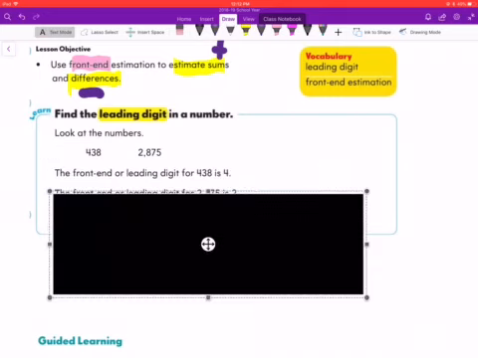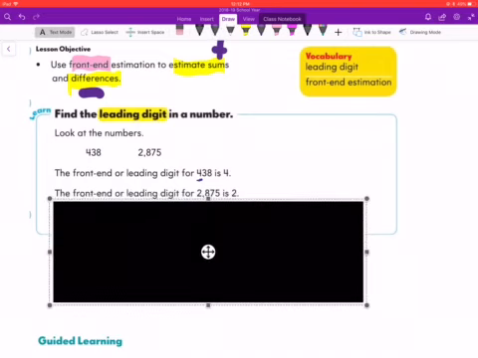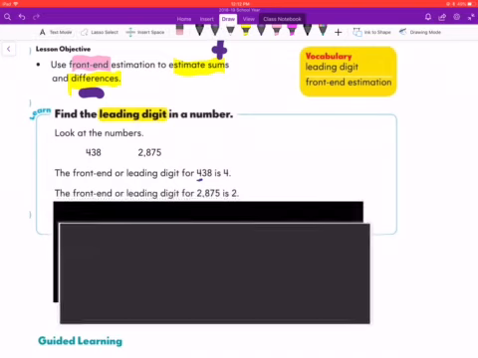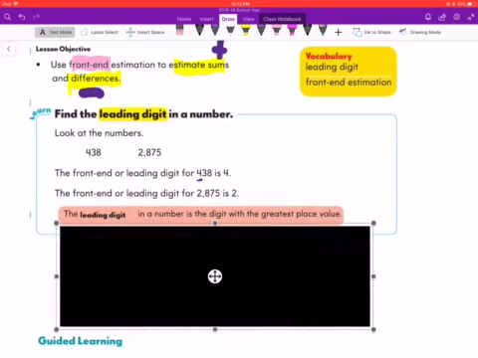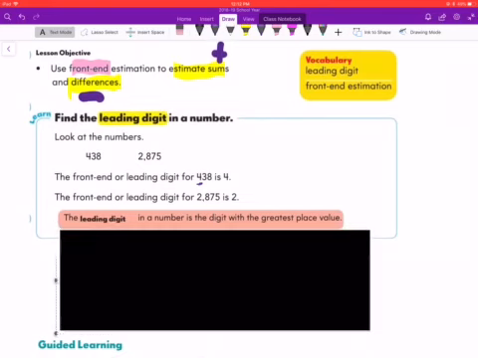For 438, that leading digit would be 4 because it's in the lead. Well, any guesses as to what it would be for 2,875? Well, it's 2. So, the leading digit is the number in the greatest place value. This had the greatest place value for 438, and this had the greatest place value for